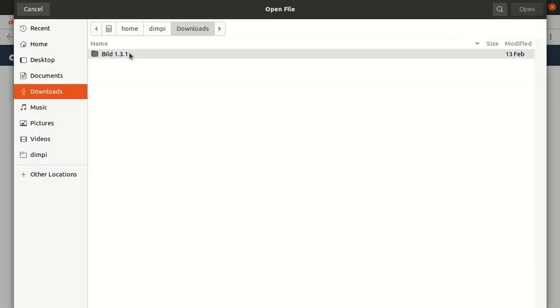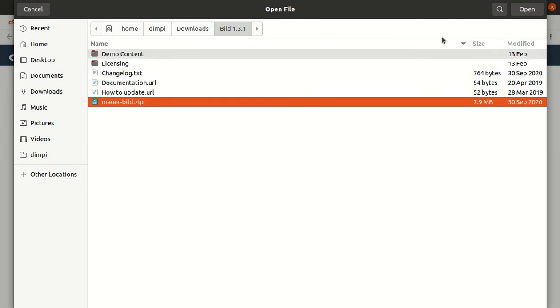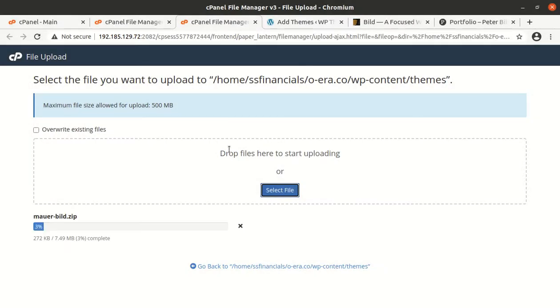Don't get confused. You can either upload from the WordPress interface or directly on your server, and the theme file size is very small. It is a lightweight theme. It is just 7.49 MB in size. So this is why this theme works fast on the website, and it is really a great advantage of having a good speed website. So this is going to be a good catch for your photography